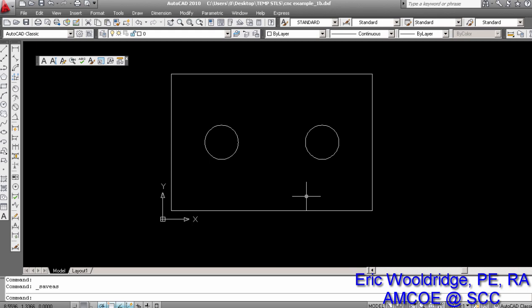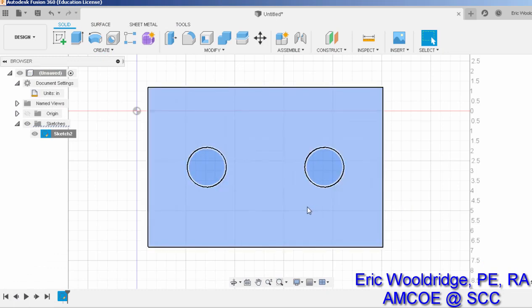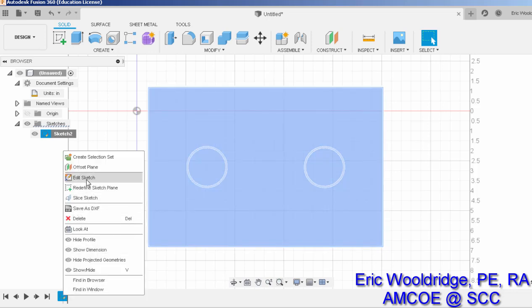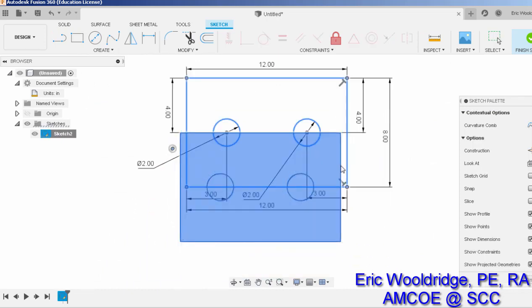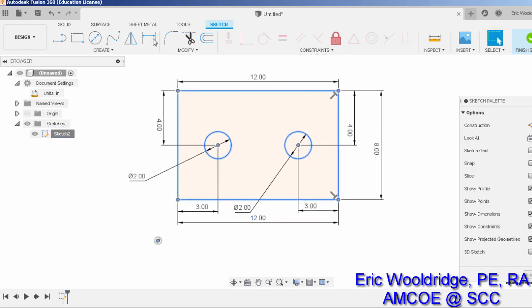Alright, so let's just say we don't have AutoCAD as an option, so we need to take care of all of it in Fusion. That's no problem. We can actually do it here just the same. So I will go back into my creation. I can actually start from scratch, or I can go back to right click and be inside my Edit Sketch. And my objective will be to move this thing a ½ inch from the origin. So first thing I'm going to do is see if I can't just kind of drag it up in space, and I totally can. And then I'm going to use my dimension tool to click here,